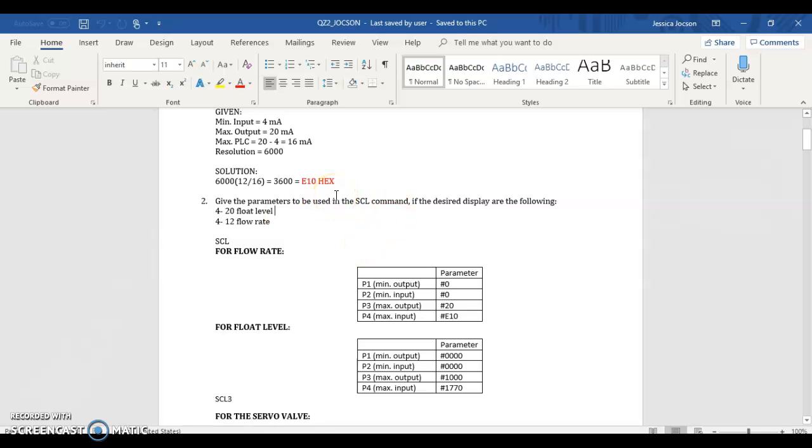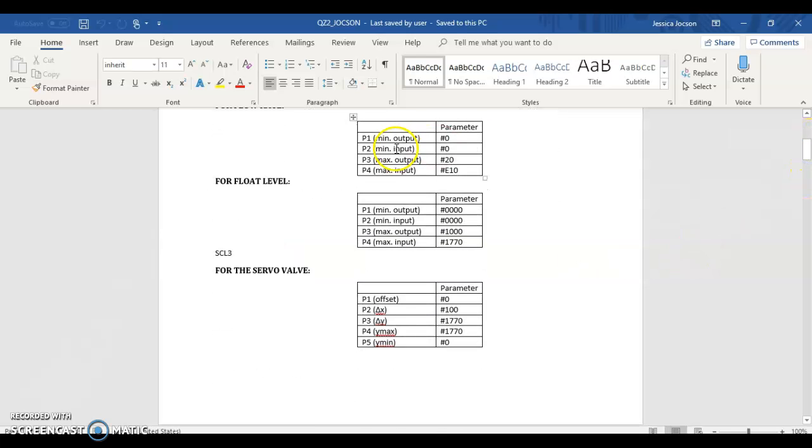So we're going to use the SCL command for the flow rate and float level because the analog input is coming from the PLC, which will be received by the HMI. So for the flow rate, minimum output 0,